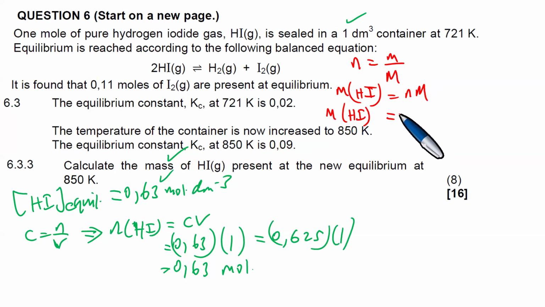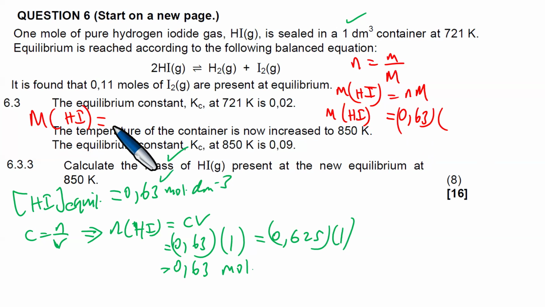We can use 0.63 or 0.625, and then we multiply by the molar mass. Okay, what is the molar mass of the hydrogen iodide? It's the molar mass of